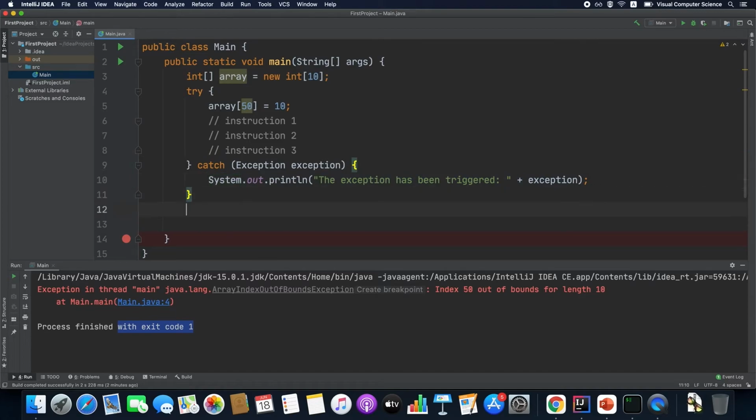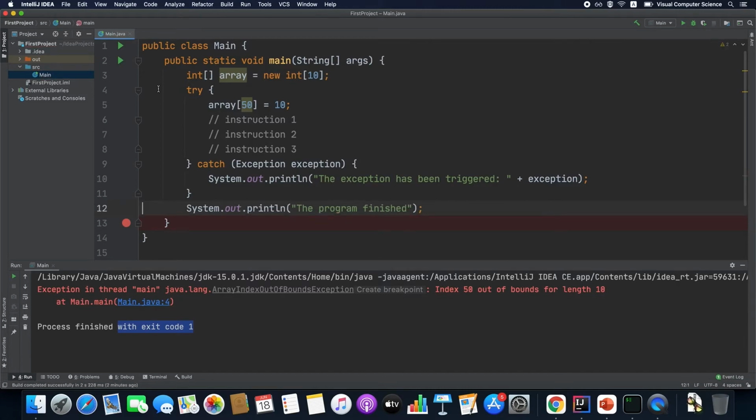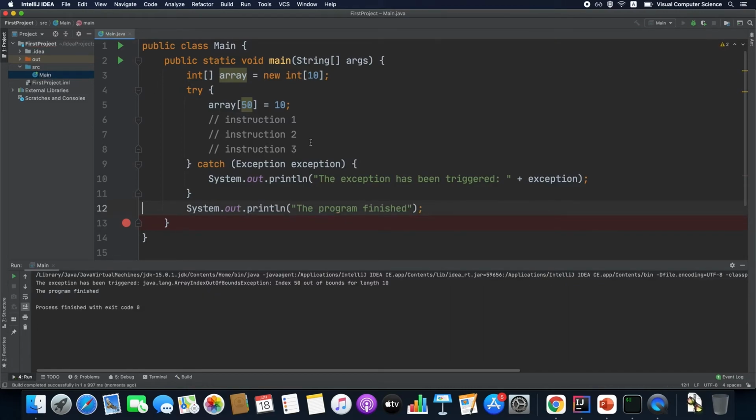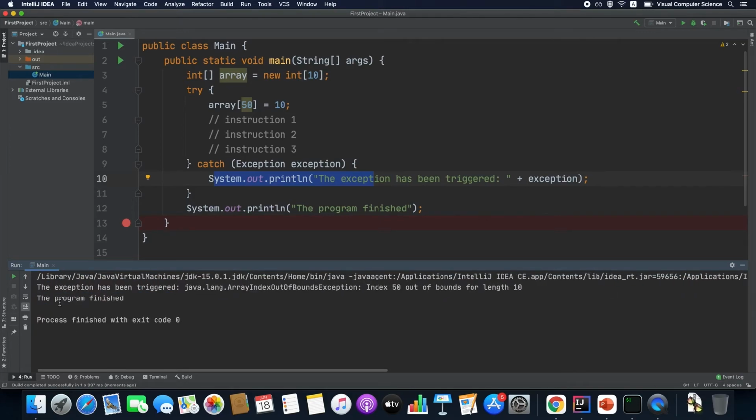Okay, let's also print here the fact that the program finished. So now if we run the code, what we can see is that this print line has been executed. So the code entered on this catch block, as you can see here in the message on the console. Also, the program has finished, so it reached this final print line.